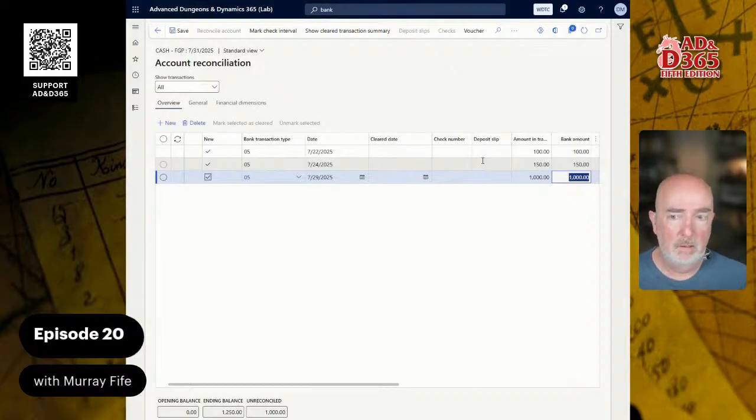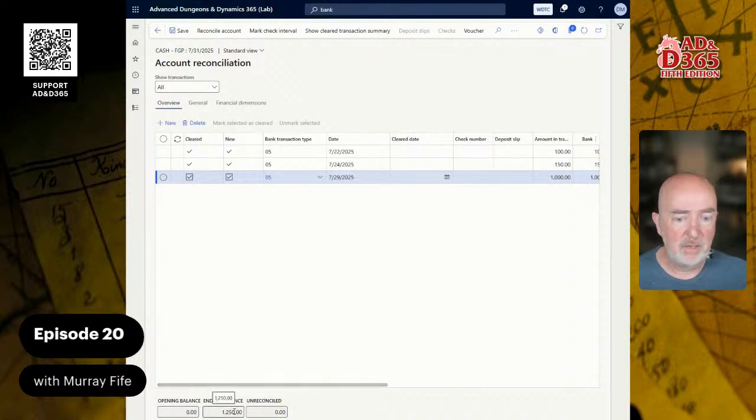Now, later on, we'll talk about the automatic importing of the bank statements. But what we've got here is we've now got all of our vouchers, and we've got our ending balance, our closed balance, our ending balance of 1,250, and then our unreconciled balance of 0. So what we can do is we can